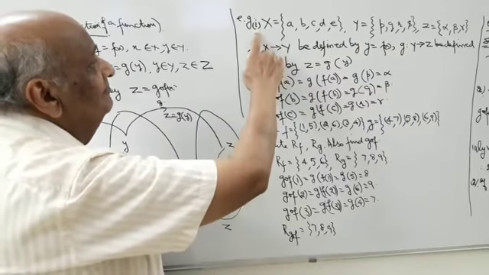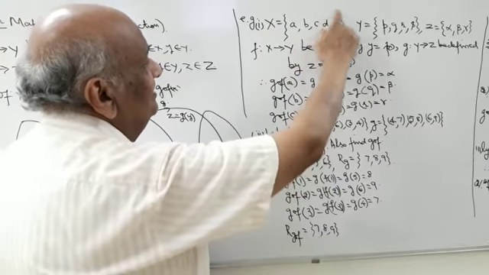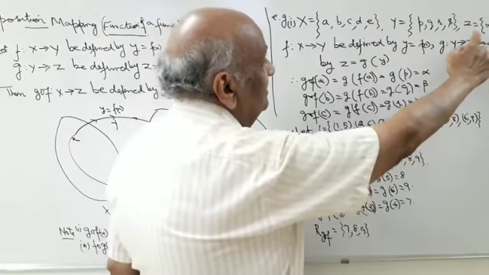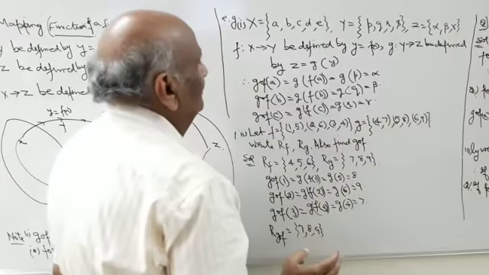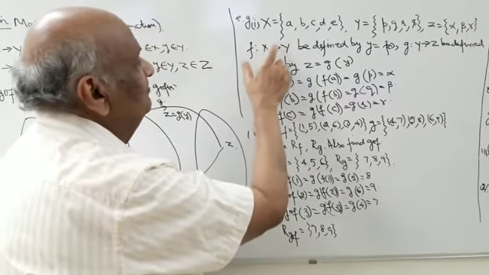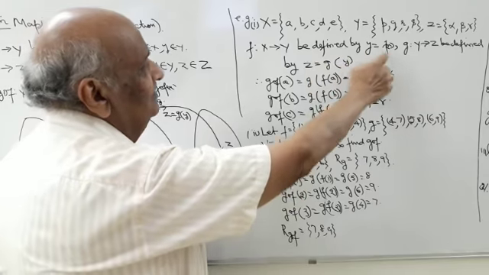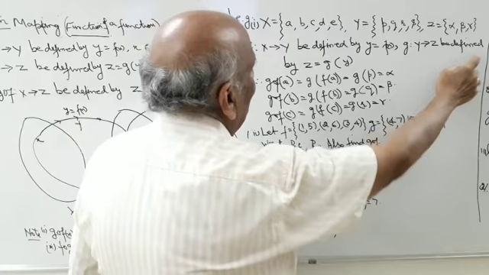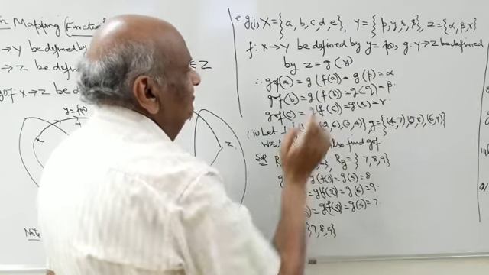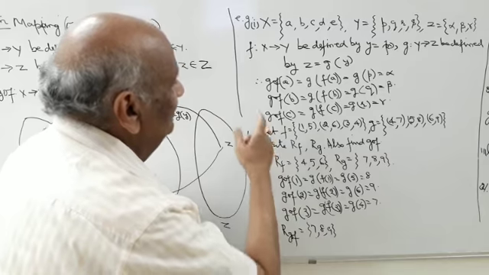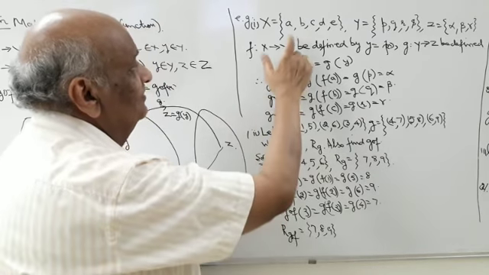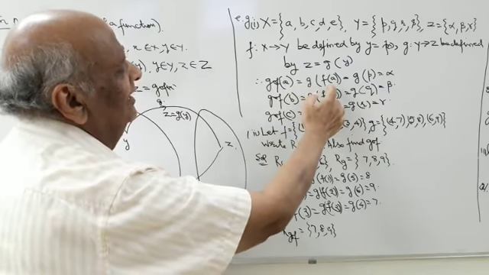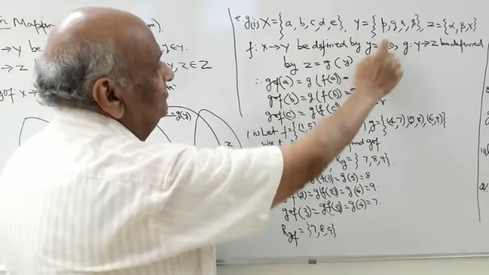We have number one, X is the set {a, b, c, d, e}, Y is the set {p, q, r, s}, Z is the set {alpha, beta, gamma}. Suppose we define f from X to Y by y is equal to f(x). g is a mapping from Y to Z, defined by z is equal to g(y). Look, then we can say (g circle f)(a). The first element you can take, (g circle f)(a) is g(f(a)). f(a) means this is p.